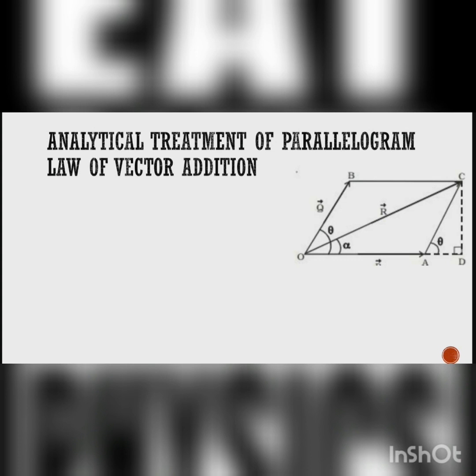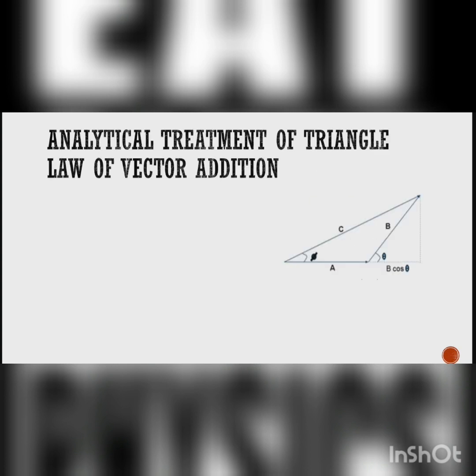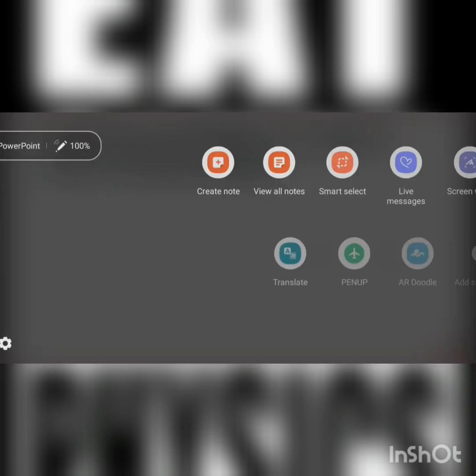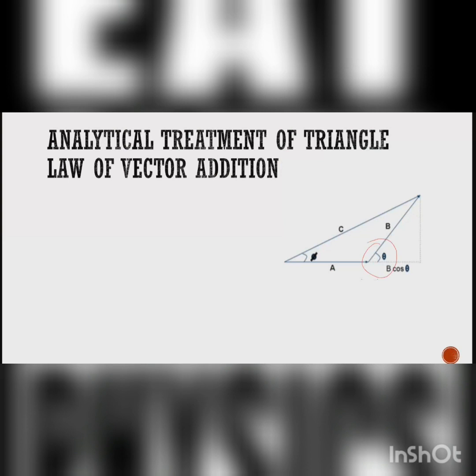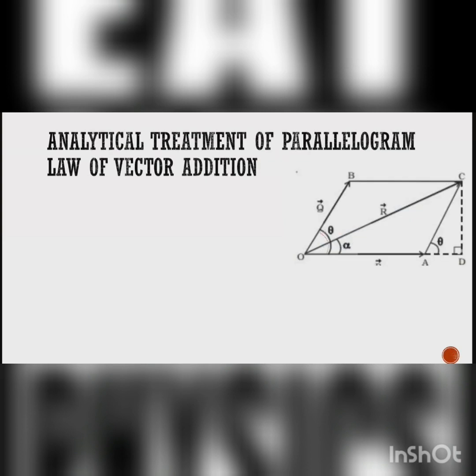So can somebody tell me what is theta here? Yes, it is the angle between the vectors when they are joined tail to tail. So look here. When we had joined the vectors head to tail, this angle theta was at that end of the figure. It was somewhere here. This is theta. But in this case, this is your angle theta because we have joined them tail to tail.